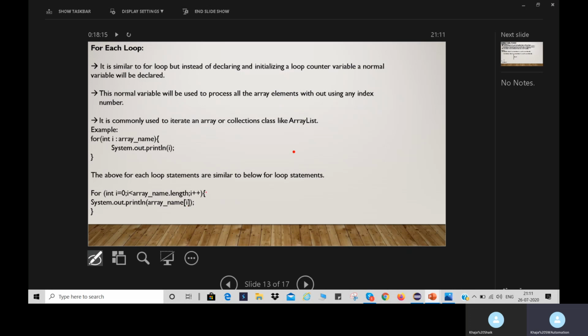When we come to the arrays concept, I will clearly explain this for each loop and how it works. As of now, I just want to let you know there is one more flavor of for loop, that is the for each loop.